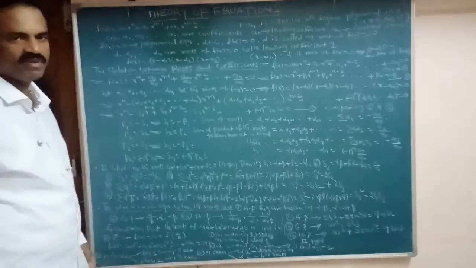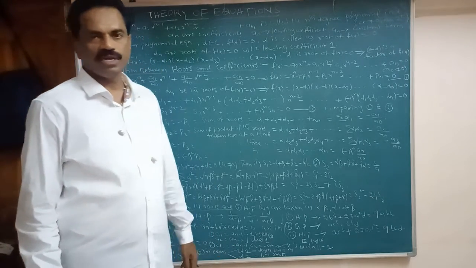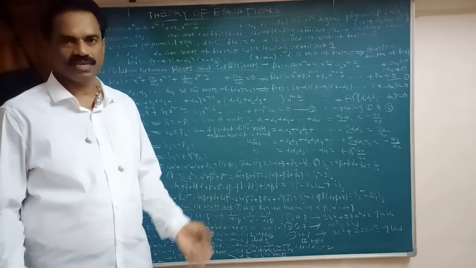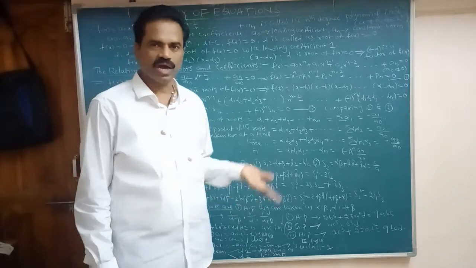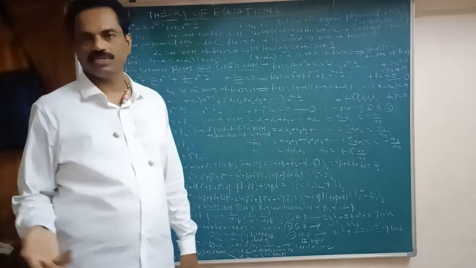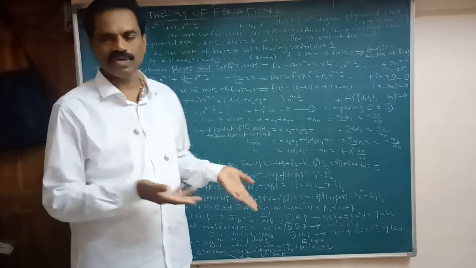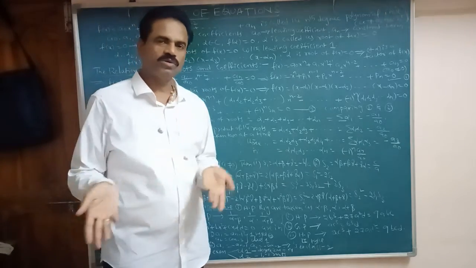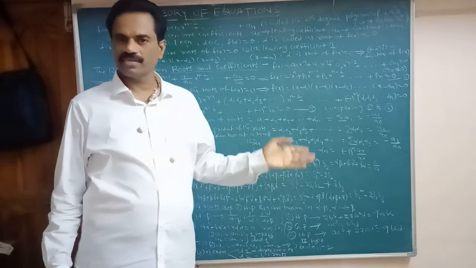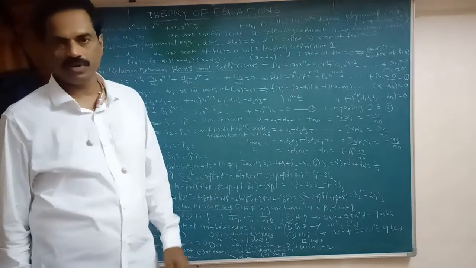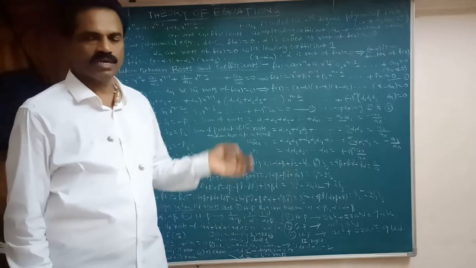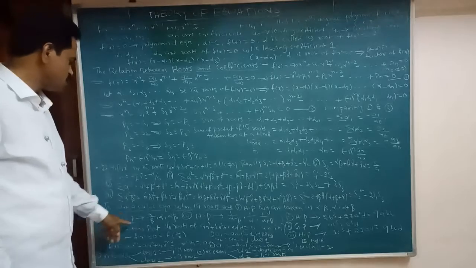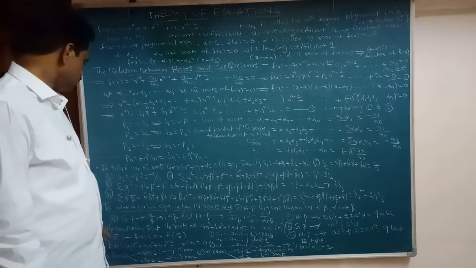Now, reciprocal equation. Take f of x equal to 0. Put x equal to 1 by x, and the equation will not change; it stays the same. Suppose f of x equal to 0 has roots alpha, beta, gamma. Then f of 1 by x equal to 0 has roots 1 by alpha, 1 by beta, 1 by gamma. These roots are also the same as the roots of f of x equal to 0 and must satisfy f of x equal to 0, because the equation will not change. f of x is nothing but f of 1 by x. So the equations are the same. So it is called a reciprocal equation.